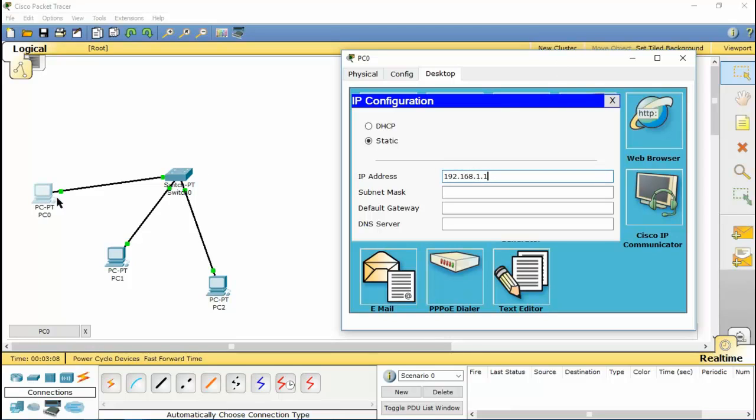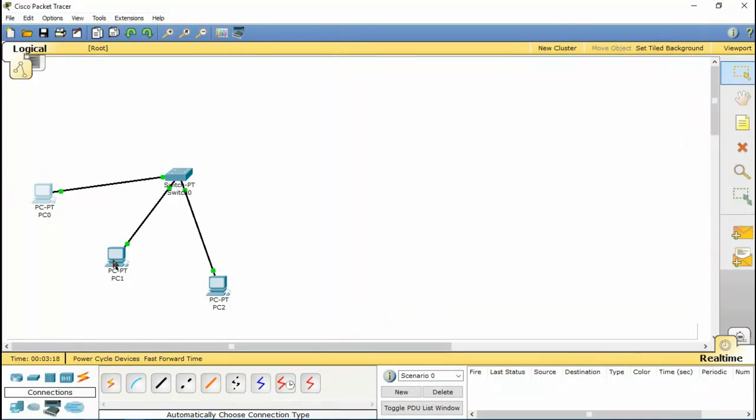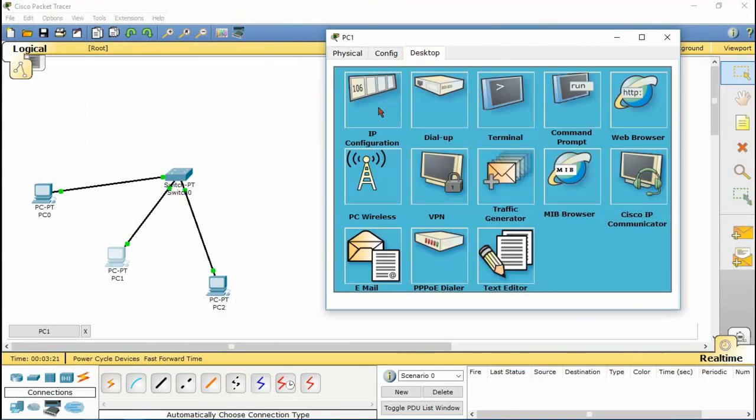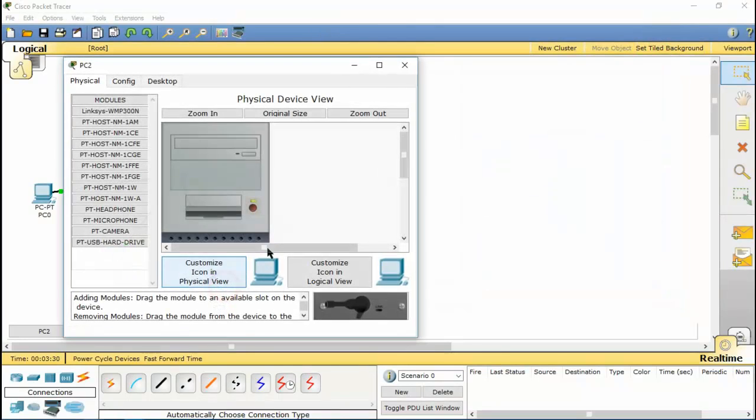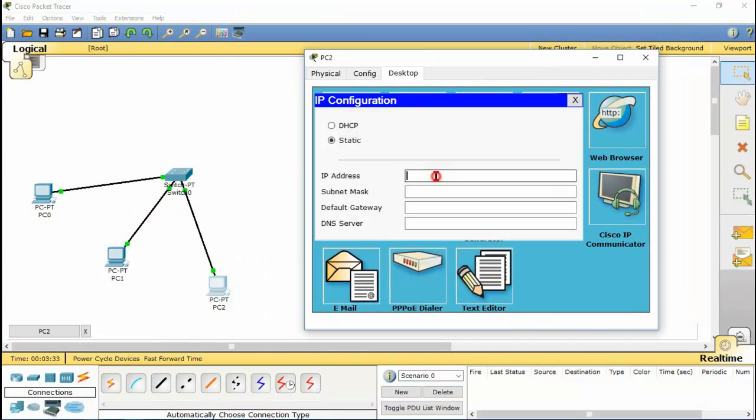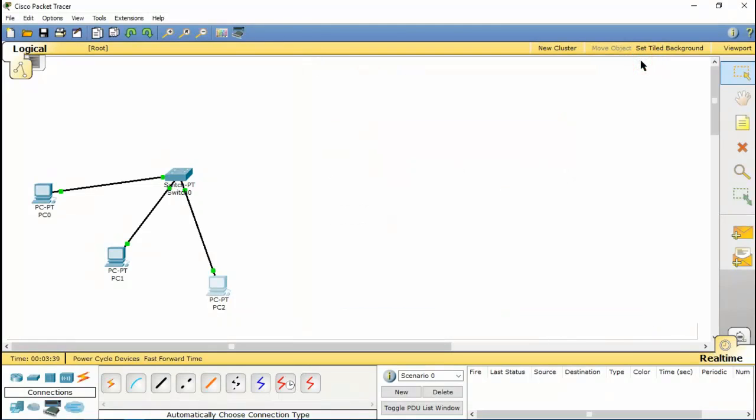The first PC, PC0, will be using the IP number 1. The subnet mask will be automatically filled. You can close this and then do the same with the other PCs. PC1 will use the IP number 2, and then PC2 will be using the IP number 3. Notice that now all lines have a green color on the edge, which means the connection is assumed